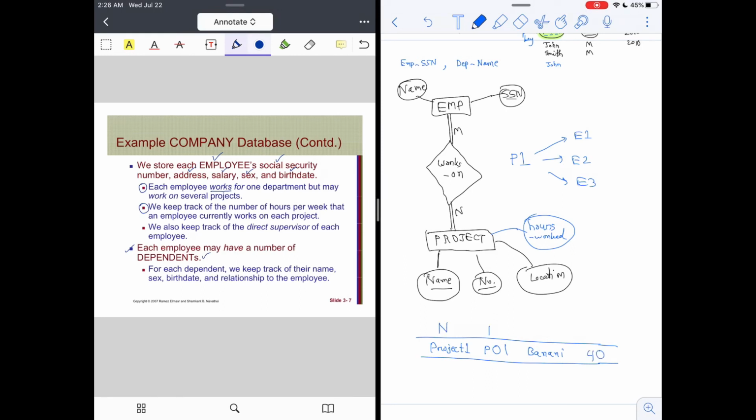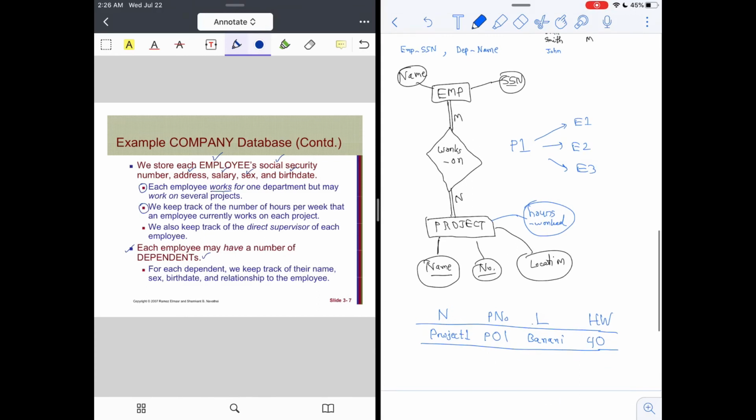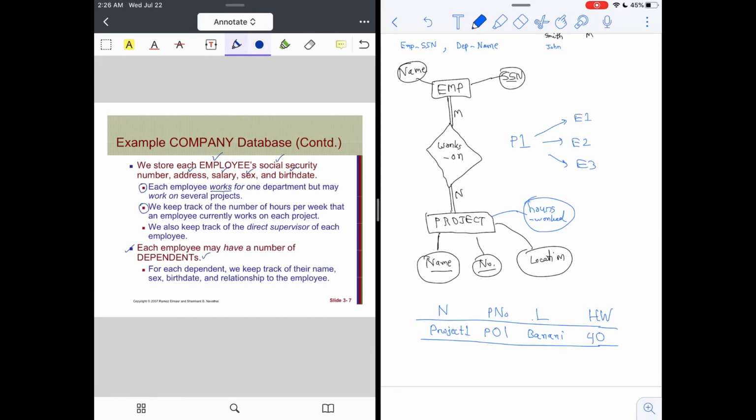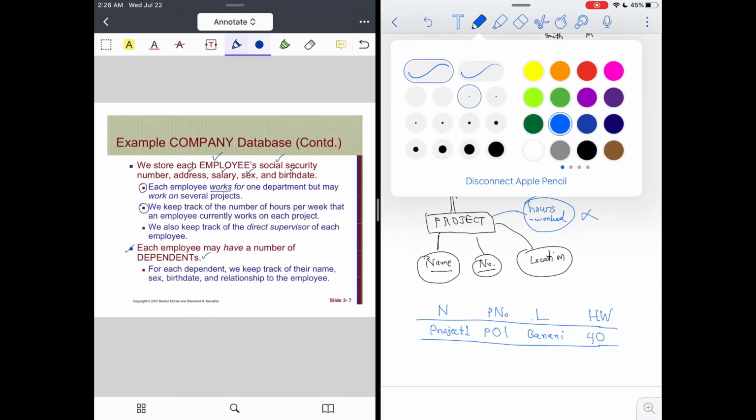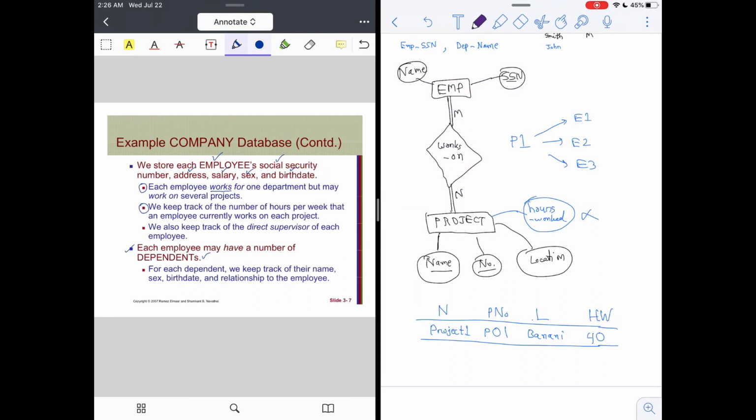So this is name, this is project number, this is location, and this is hours worked, right? So if you have 40 here, now how are you going to be able to say for sure who worked this 40 hours, or are these the combined hours worked by each employee? So you cannot say that. So there is some sort of ambiguity here, right? So this solution would not work. So now let's try a different solution where we instead put hours worked on employee